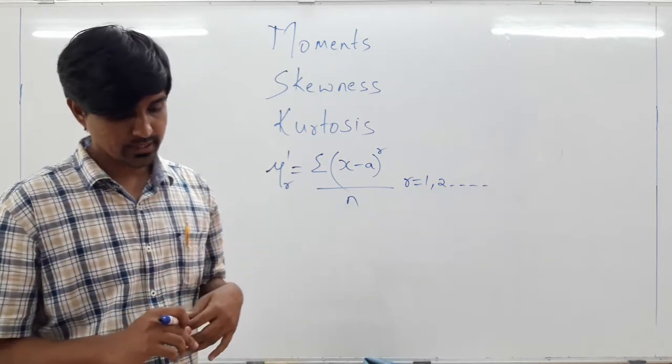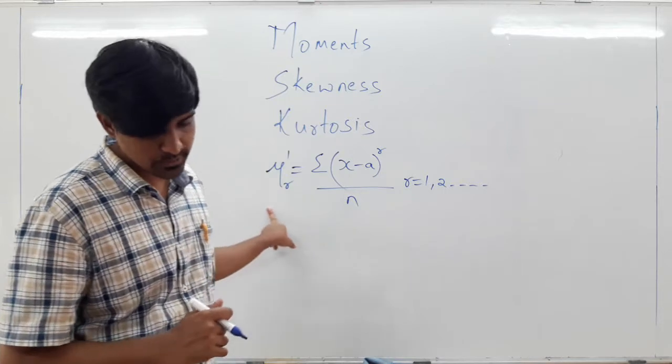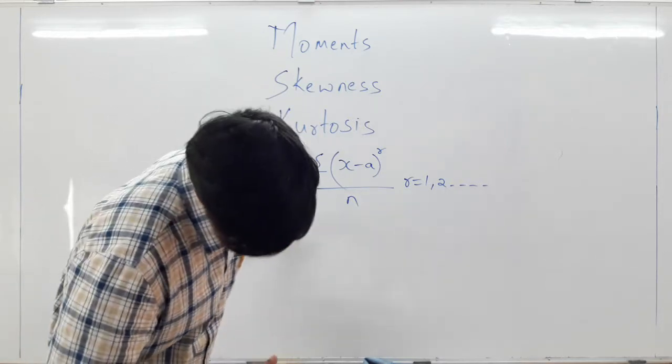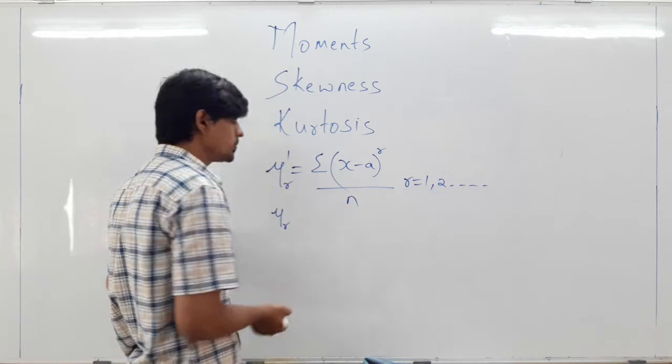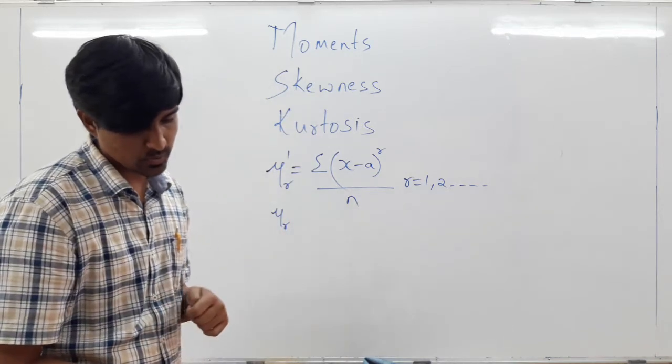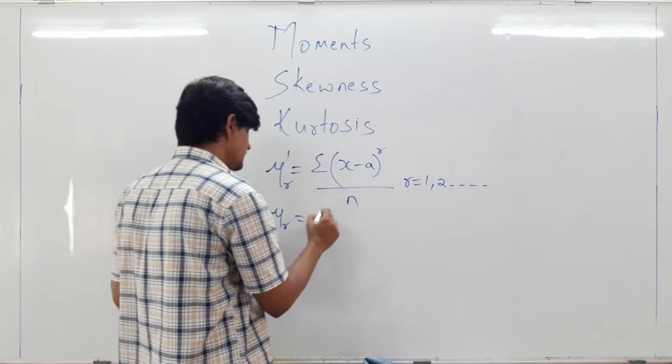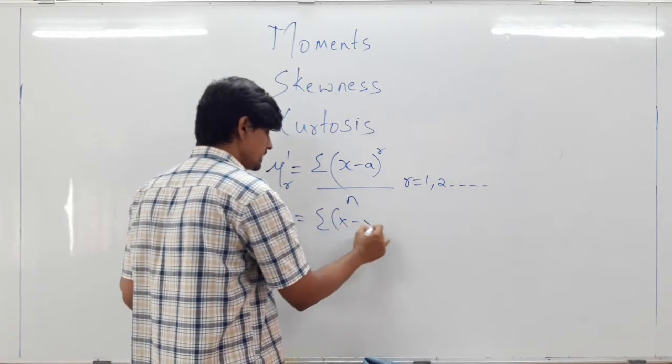Okay, so next is the central moment. Raw moments are denoted by mu r dash, and central moments are denoted by mu r. So now mu r is given by summation x minus x bar